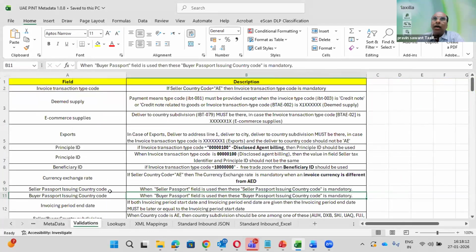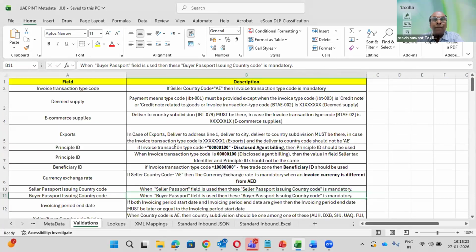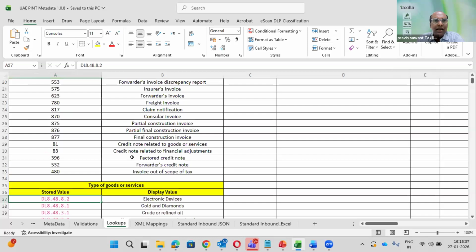So today, most of the accounting or ERP systems don't have these validations. They have validations, but they are related to their business. Now, you have to take care of this type of validation also, because if you are giving wrong data, then Corner 2 will reject the invoice because there is no validation there. Okay. Now lookup tables, Bhakti has already explained to you.